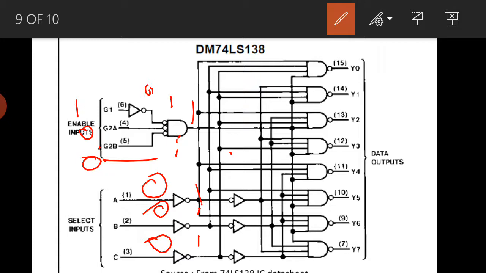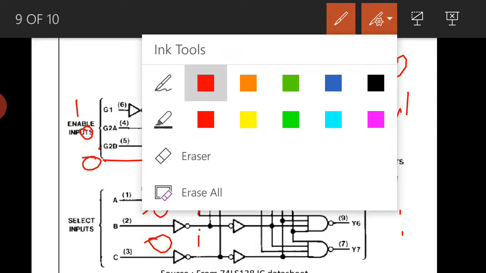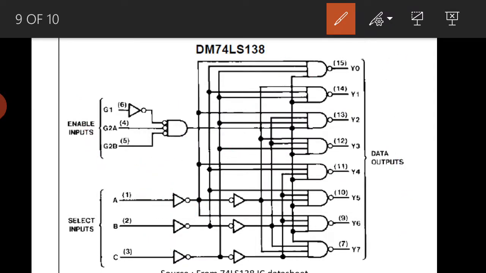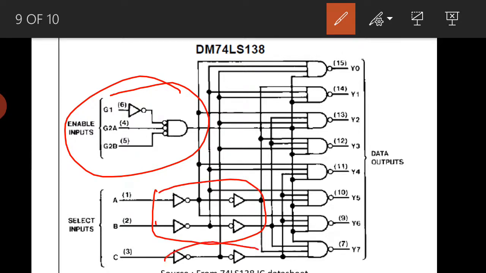So all these signals, A B C, are tapped and connected to the first output. All are 1 1 1, and even the enable signal is 1, so the output will be 0, and all others will be high. Similarly, what we have seen in the 2 to 4 decoder circuit, the same thing will work. Only the extra part is the enable with 3 signals, and for the rest, earlier it was only 2 signals, now one more signal is added as C. All are active low outputs. So this is how the 3 to 8 decoder will work.